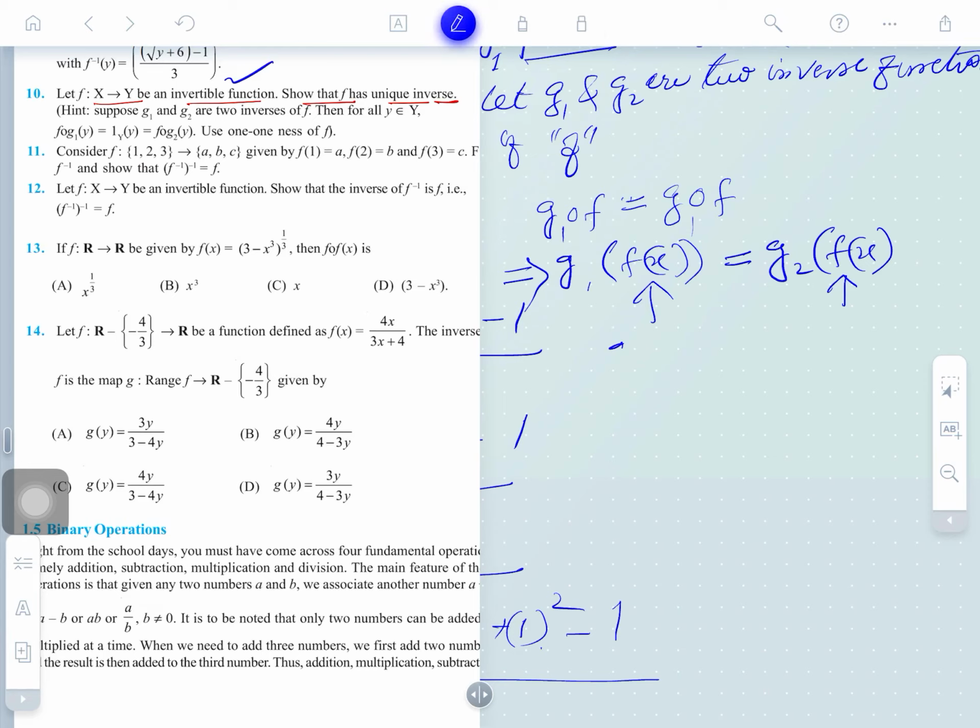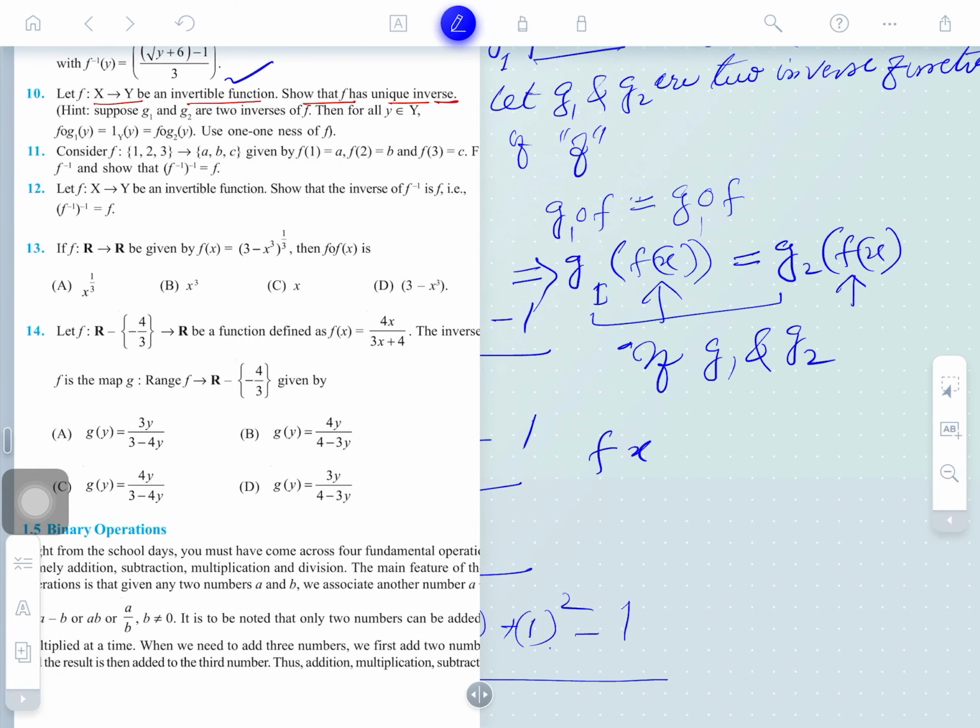it's a Z1. So the two functions G1 and G2. You will write here, if G1 is equal to G2, then f of x is equal to f of x here. Is that clear? It's very simple here. For the same domain, two functions are the same if they are the same, otherwise not.